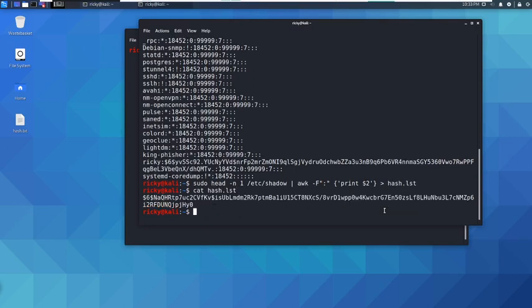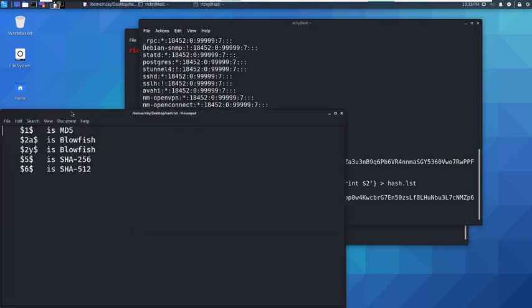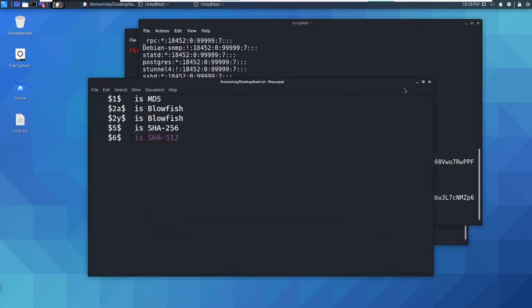That's why I explained the basic Linux commands in the previous video; they help you a lot like this. If you see this hash, you can see the $6. I explained this earlier: $6 is SHA-512.